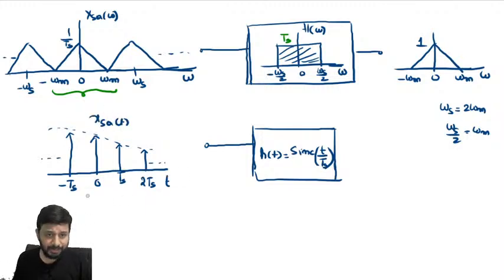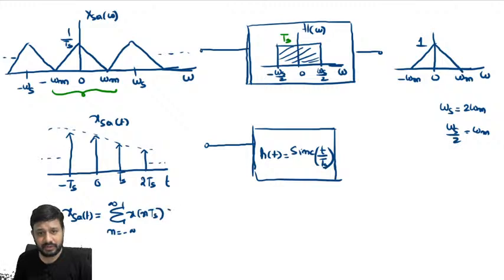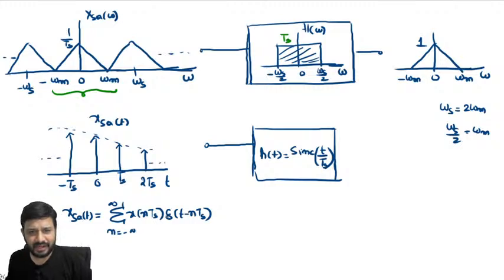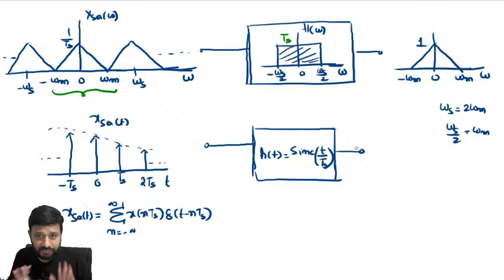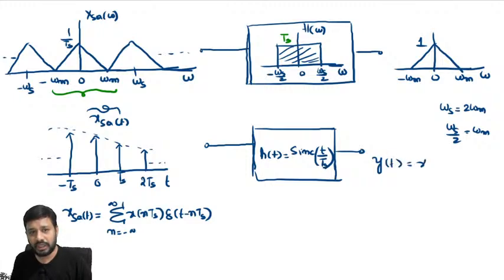Now can you give the time domain representation for Xs of t? Yes, I can give. Already we have seen while discussing sampling, the time domain representation: summation n varying from minus infinity to infinity x of nTs into delta of t minus nTs, where the area of each impulse will change according to the signal, right? Now in time domain, how are you going to analyze and get the shape? See, a lot of information is going to come. Please be patient. Here I have the input and the impulse response. We know that from the concept of LTI system, given input and impulse response, what is the output? Convolution.